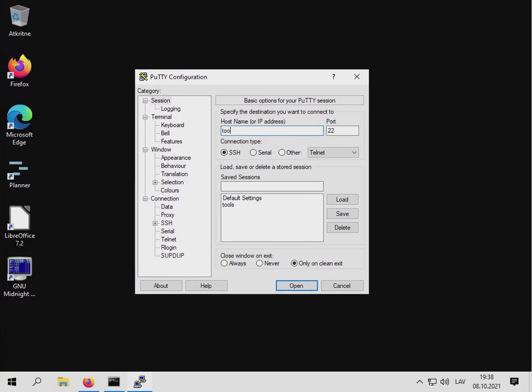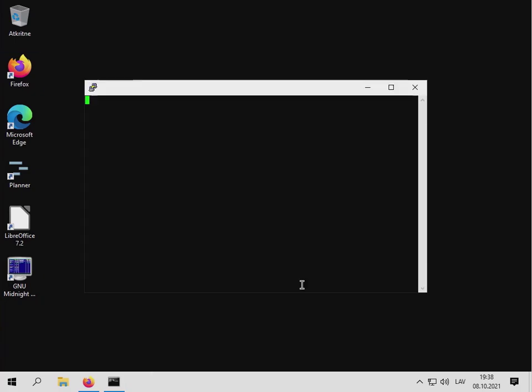So, and you write tools.lv. You can save it for future things. And if you will work regularly with PuTTY, it doesn't use nice looking fonts by default.